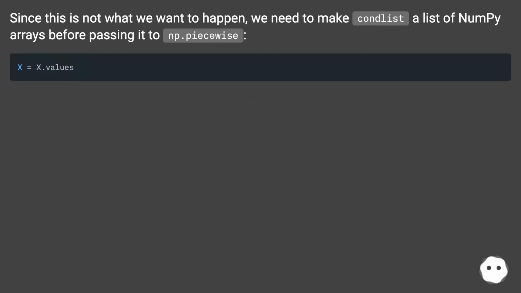Since this is not what we want to happen, we need to make condlist a list of numpy arrays before passing it to np.piecewise. For example,